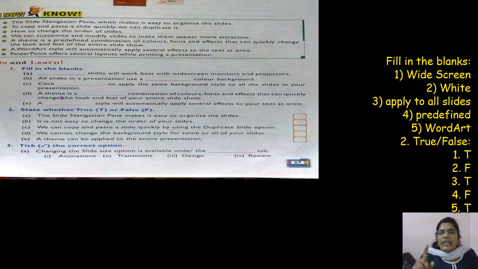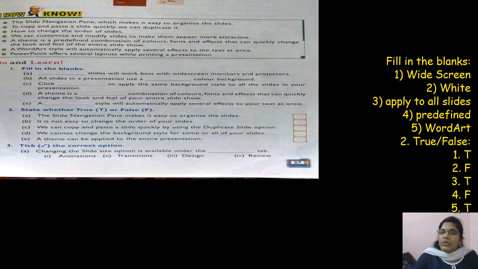The second method is you can apply a theme. If you go to the Design tab and under theme styles, you can see so many themes are there. You can apply any theme. So what does this theme mean? The theme is a predefined color, texture, text and everything. It's already defined. Predefined means somebody has already designed it, and you can just pick up and apply it.